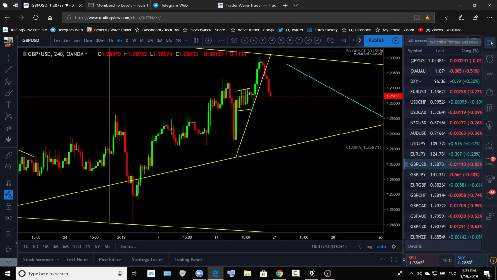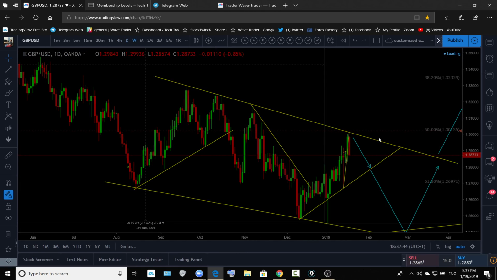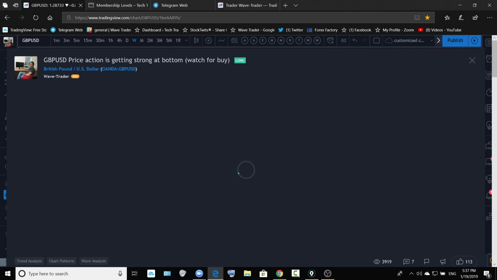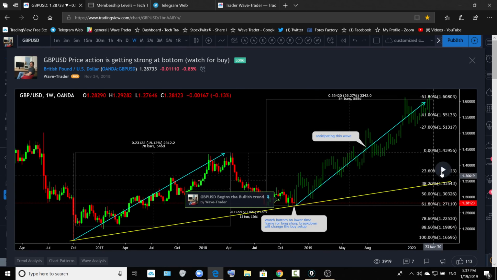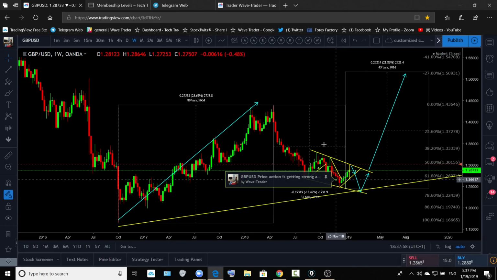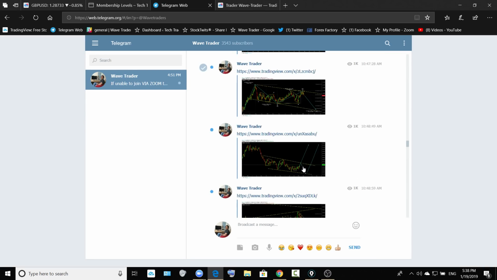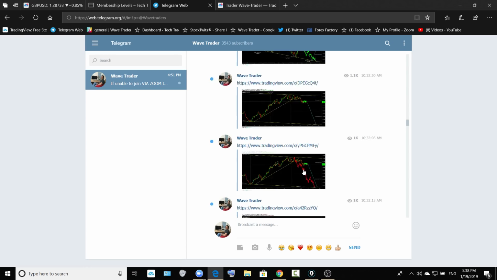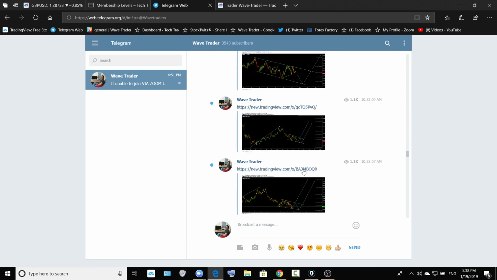On this pair, we are clear that the longer term move is going to be bullish on the pound dollar. We're going to see that move. We are confirmed that the wave we're going to see on the pound dollar is going to be bullish. But you can still see one more drop on the pound dollar, and a good opportunity. Let me show you the chart.